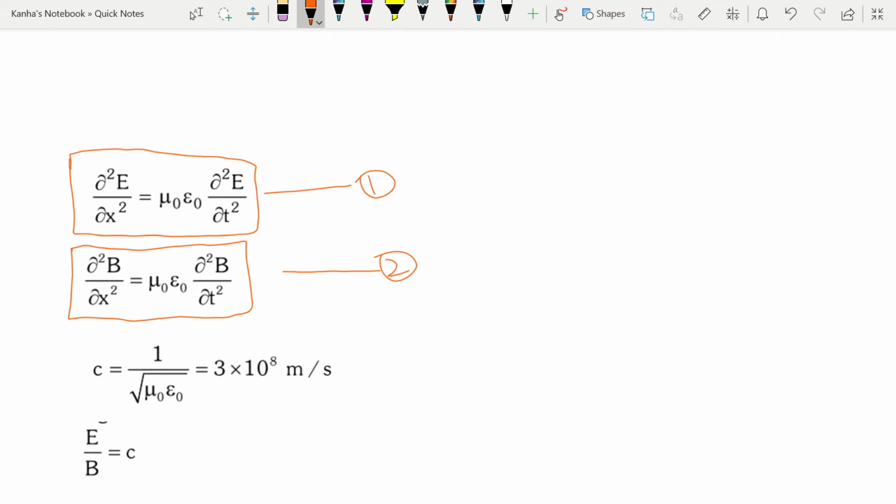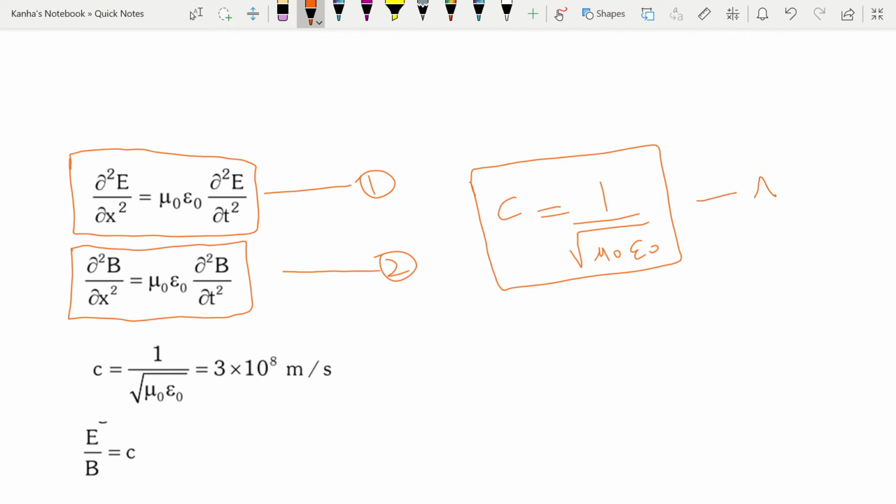These are similar to the wave equations that I described for you. You have the electrical field E, the magnetic field B, and c, the velocity of this wave, equal to 1 by root of mu naught into epsilon naught. If you compare this to the general wave equation that we talked about, you will note that this is the velocity of the wave. Here we are calling that velocity c, because electromagnetic waves travel at the speed of light. This is an essential quantity. You already know that it has a value of 3 into 10 to the power 8 meters per second.